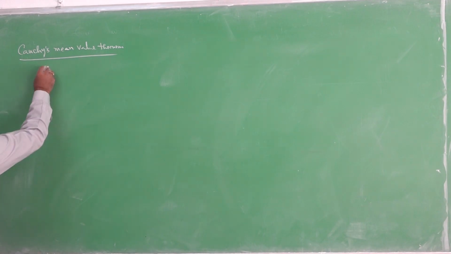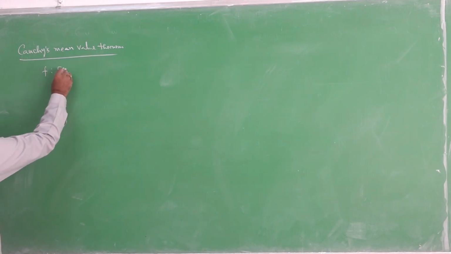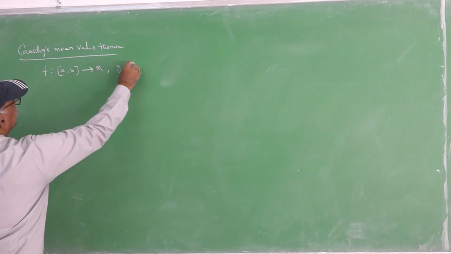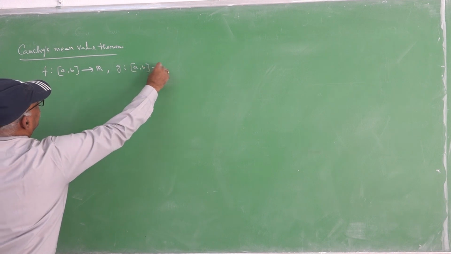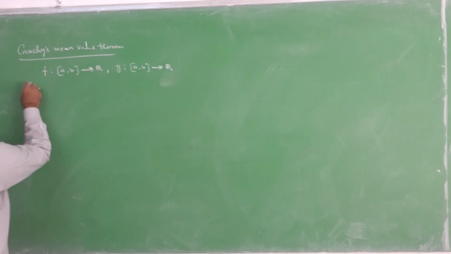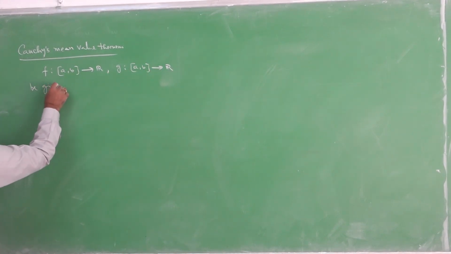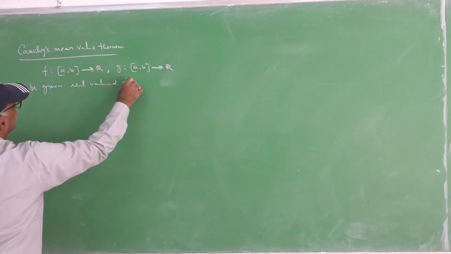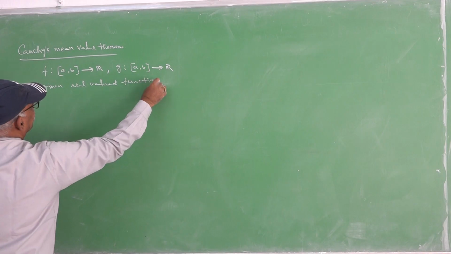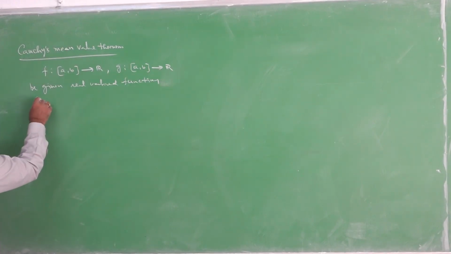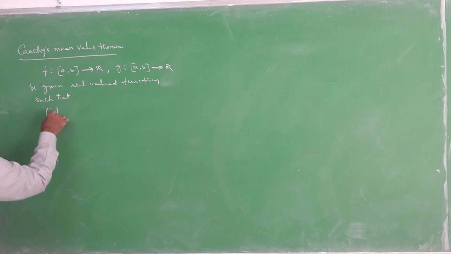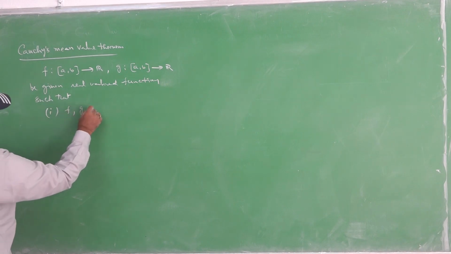Let f, defined from a b to R, and g, also defined from a b to R, be given real valued functions such that f, g are